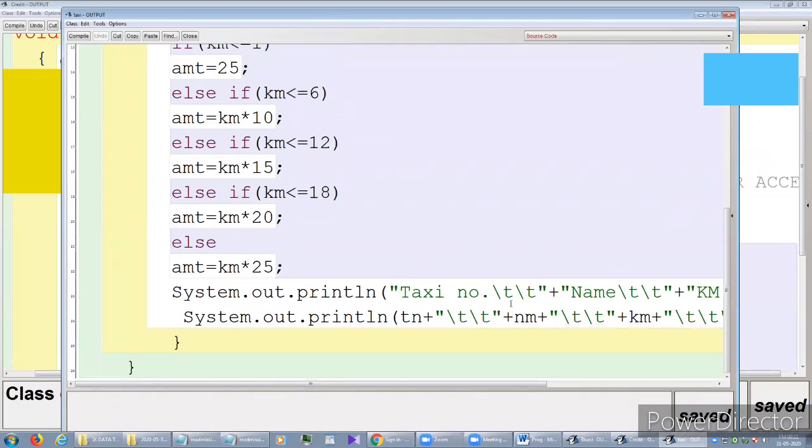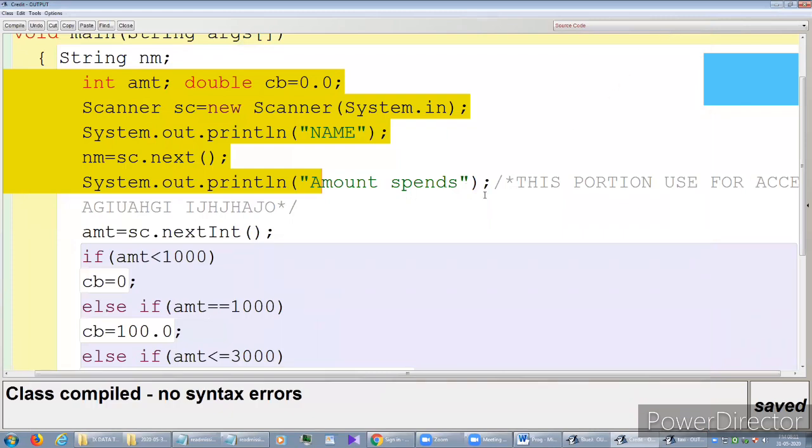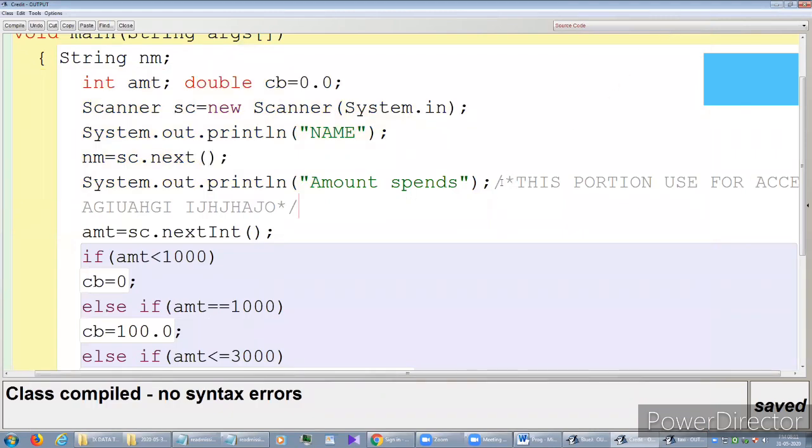See, this one we are using for what purpose? This is for tab. We used it in the previous program. It is an escape sequence, and here this slash we are using for what purpose? To give the comments.